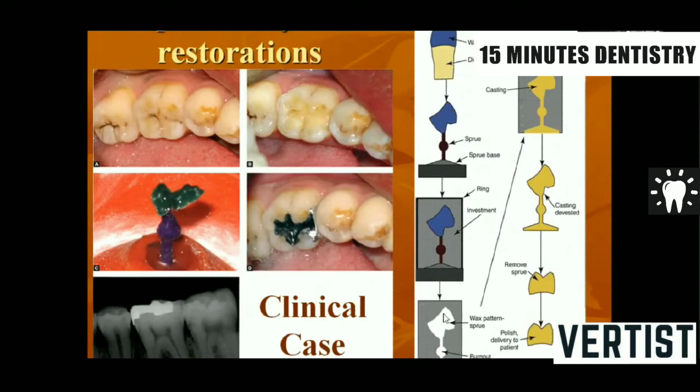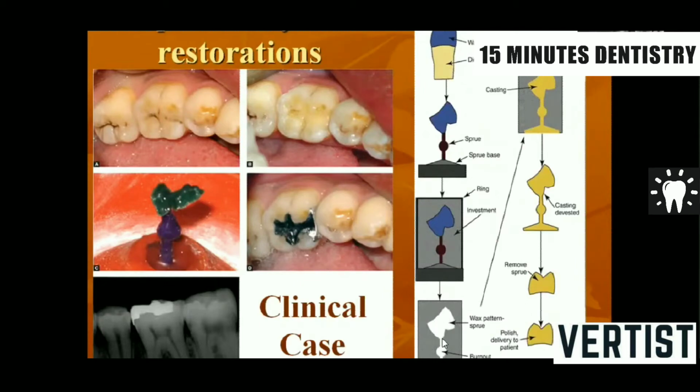With the help of the burnout furnace temperature, the entire assembly of wax melts and comes out from here. This area was wax, this sprue was made of wax, and this whole pattern was wax. Either it can melt in the form of a liquid and fall down, or the remaining traces get converted into a gaseous state. After this entire burnout process, this becomes a hollow space. This hollow space is now called a mold because it has the exact shape of the pattern which was placed.